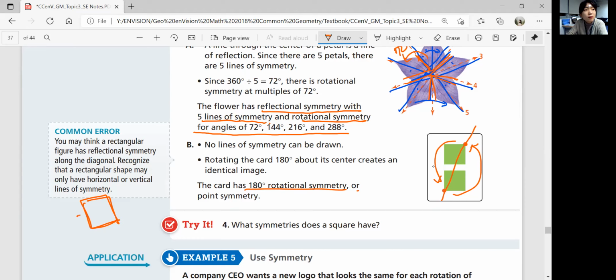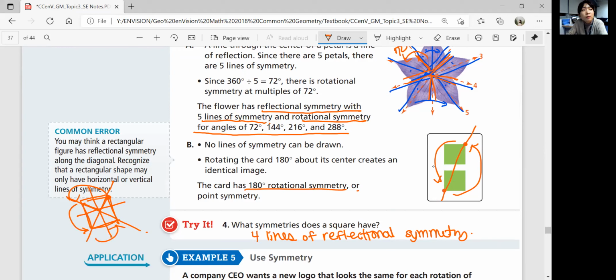Yes, we have a horizontal one, a vertical one, and the diagonal ones. So total, we have 4 lines of reflectional symmetry. Okay. And then how many do we have a rotational symmetry? Well, at this point can go here or here or here, right? So what angle would that be? Look at the points. Look at the angles that are